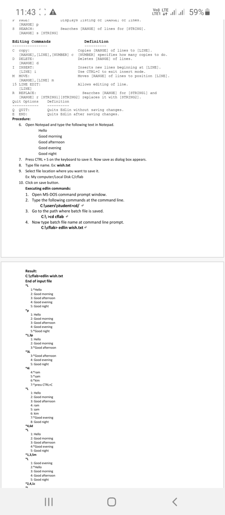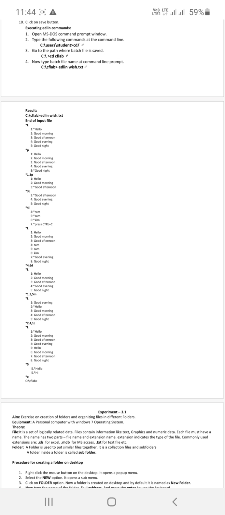Now see the result here. It displays end of input file, and a star. Whenever you execute this Edlin command you will see end of input file and the star. At the star we type L. Here L means it displays a list of a range of lines, so it displays the contents of the text file. At the star I am typing L and pressing the Enter key. Now it displays hello, good morning, good afternoon, good evening, good night.